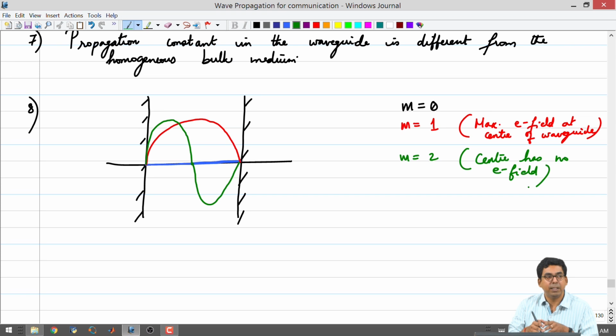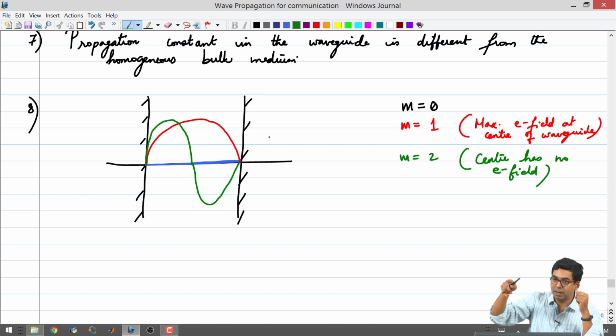That is, you can have either m equal to 0, m equal to 1, m equal to 2, etc. You can have either the electric field having the red color profile or the green color profile, for example, in this case what we have drawn. It does not go systematically from one profile to another profile slowly. There is an abrupt change, either you have this or you have something else. That is coming in because of the integer nature of m that we are considering over here. So, this means that the E field profiles are kind of discrete.